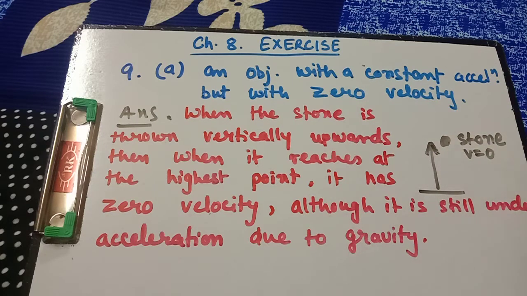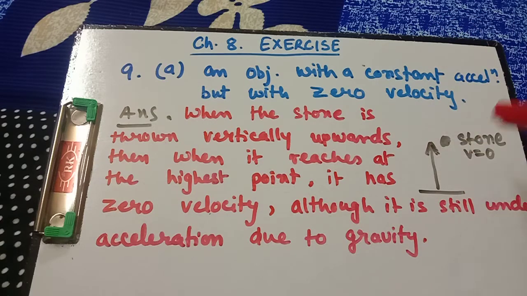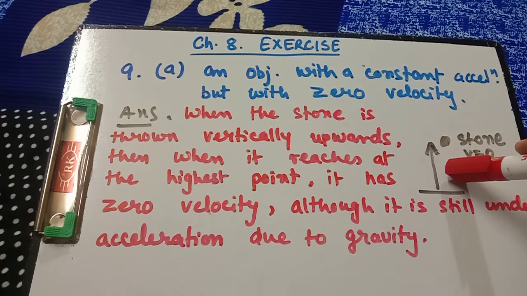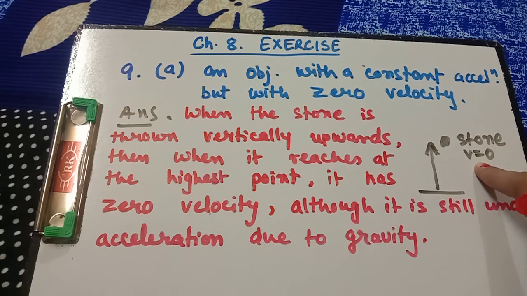I am throwing the stone up. For a fraction of second its velocity becomes 0, but during this it is also having accelerated motion, which is gravitational acceleration. It is also affected by the gravitational acceleration. So both things are there. In this case we find v is equal to 0 and continuous acceleration. What is our acceleration? That is the next topic, next chapter, gravitation, of your 9th standard. We have 9.8 meter per second square as the value of gravitational acceleration on Earth.